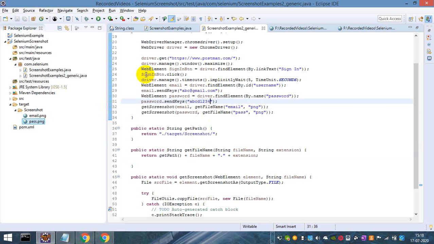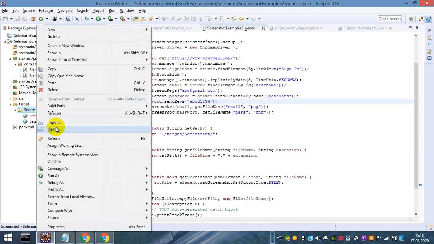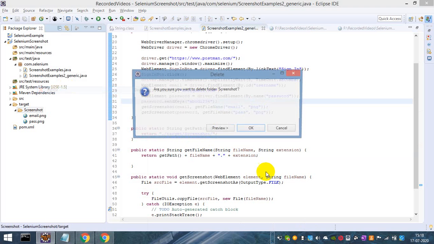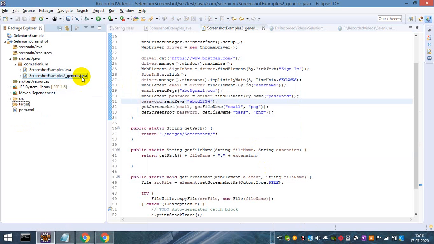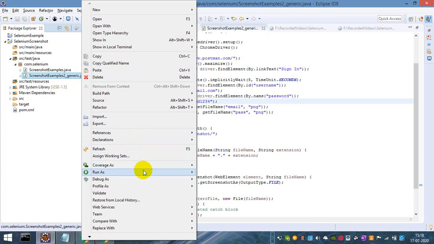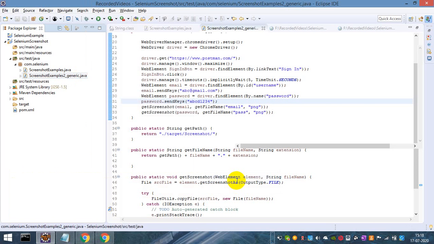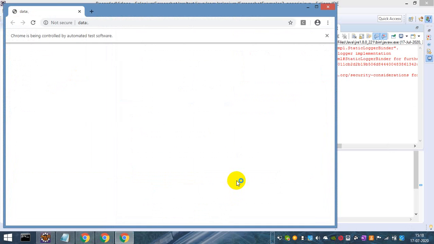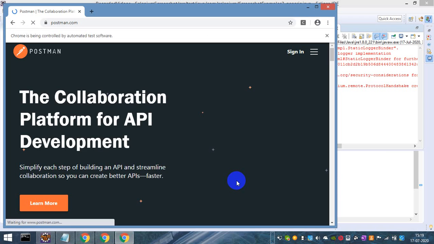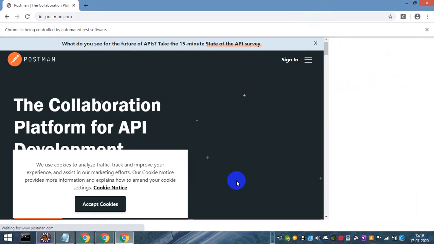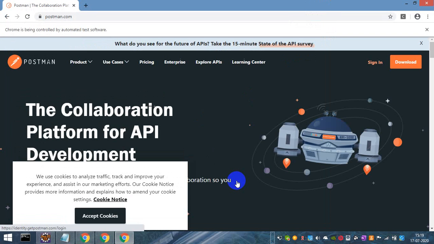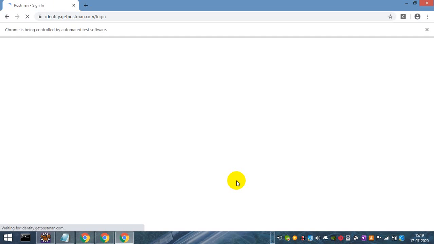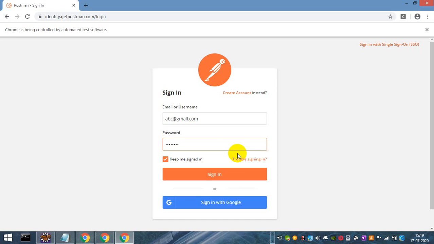Let me delete this entire screenshot folder and run one more time as a Java application. You can see the Postman site is opening, clicking on the sign in link, entering some values.